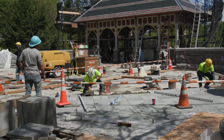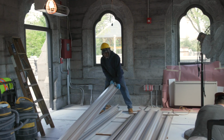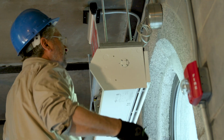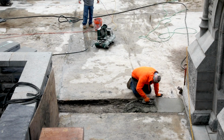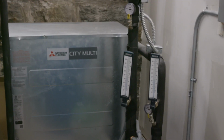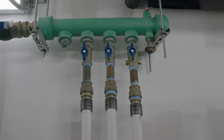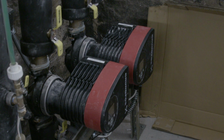During the restoration of the castle, we touched every surface of the building. We repointed the exterior and interior and cleaned all of the facades. And then that's supplemented by the heating and cooling that we're achieving by the installation of the geothermal system. We went to the effort to use the most modern and environmentally appropriate geothermal heating system. It's as much about the comfort of the people using the facility as it is about conservation, with a view